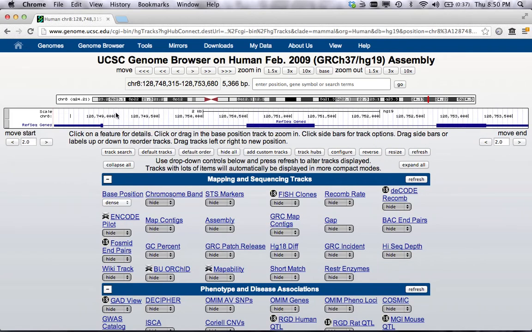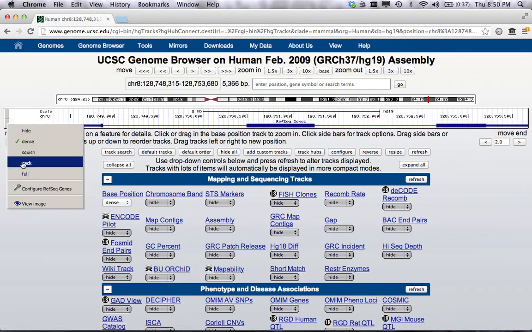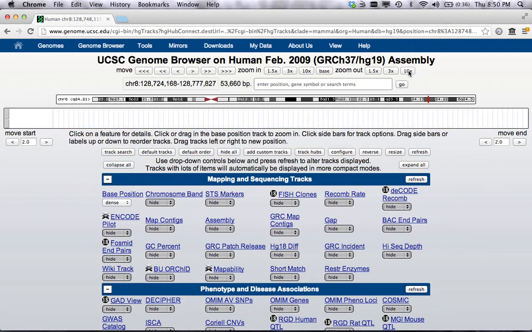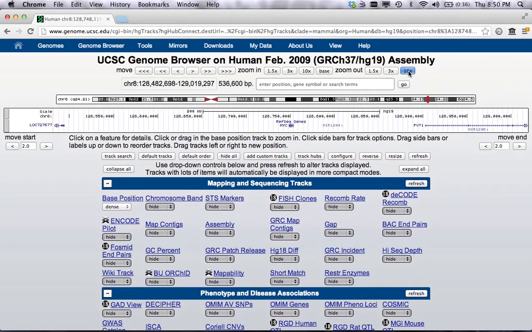Now we're looking at the MYC gene body right now, and we're actually going to change. Each track has the ability to be shown at different configurable levels of display. So we want to put the gene track here under pack, so that we can see the direction of transcription of the MYC gene right here, and you can see the scale. We're looking at maybe 5 kb here, and we just want to keep zooming out and zooming out and zooming out,